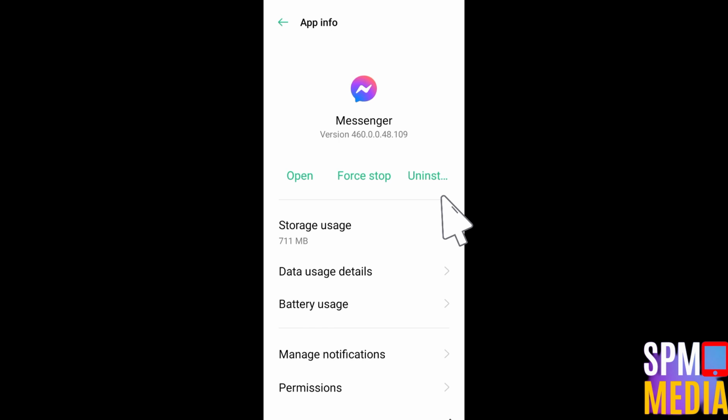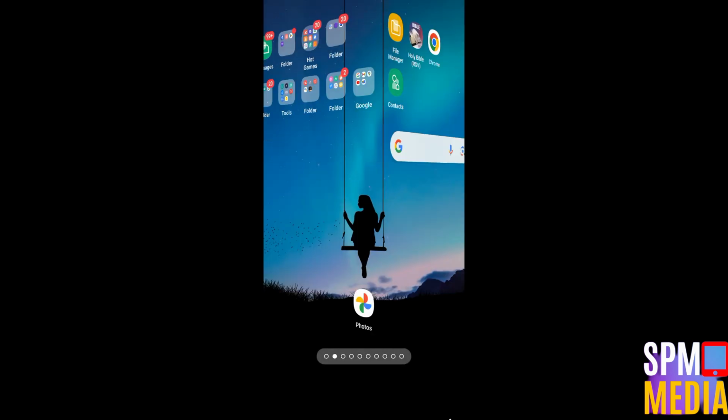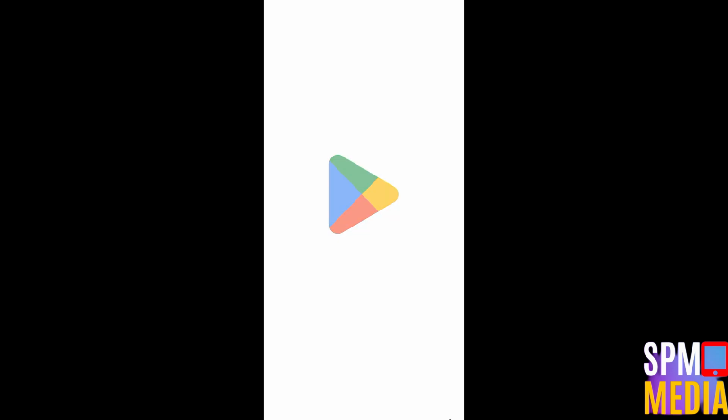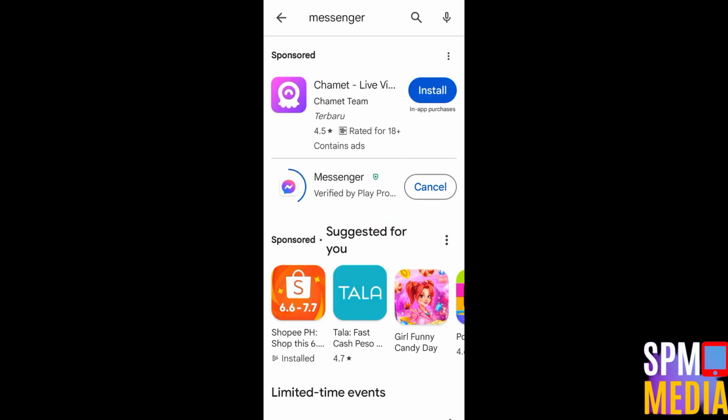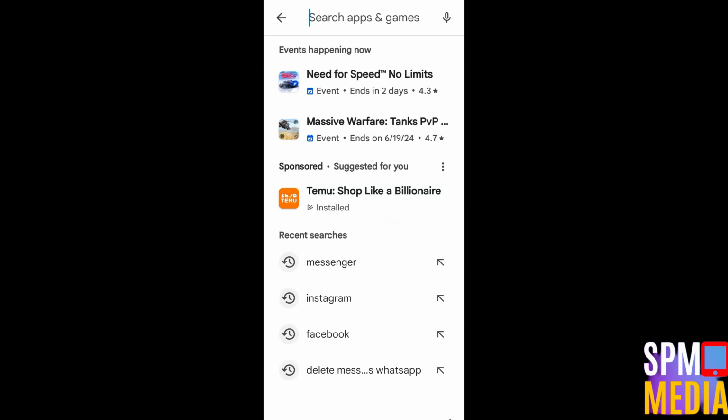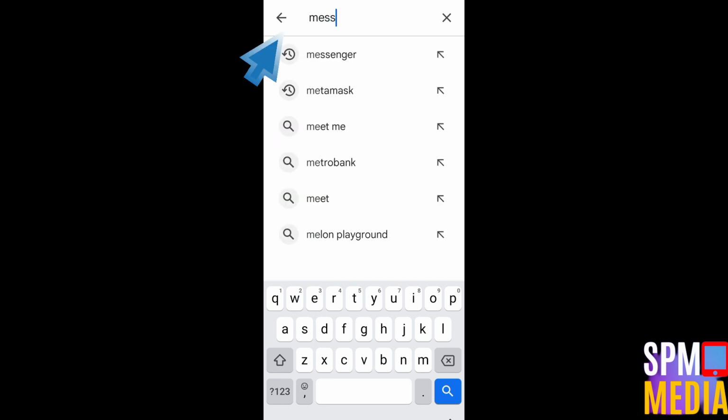Once you have uninstalled your Messenger, then what you're going to do next is to go back to your Play Store, type Messenger, and download or install it again. Now, once done, and when you open your Messenger, still you can't see this Meta AI, then the very last